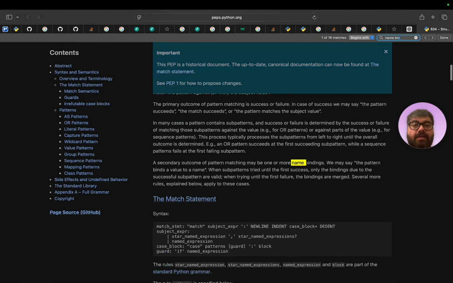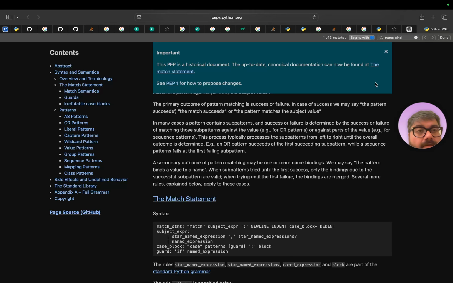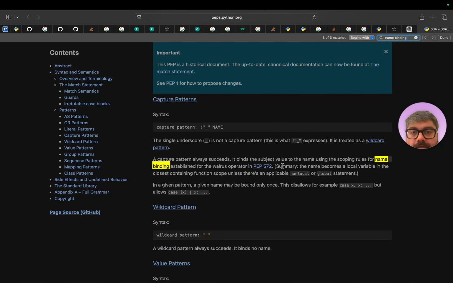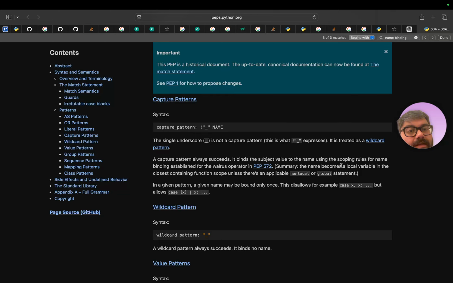So let's search name bindings. A secondary outcome, we may say the pattern binds a value to name and sub patterns tried. So let me just do name binding and then search. Okay, syntax. The single underscore is not a capture pattern. This is what expresses is treated as a wildcard pattern. Capture pattern always succeeds. Binds the subject value to the name using the scoping rules for name binding established for the walrus operator. Summary, the name becomes a local variable in the closest containing function scope unless there's an applicable non-local or globals. A given name may be bound only once. This just allows